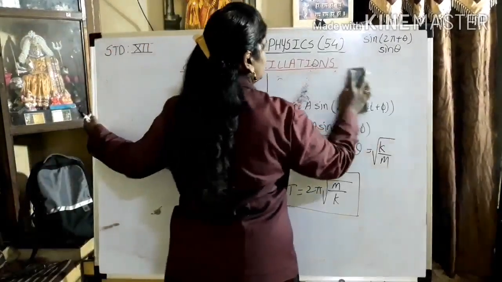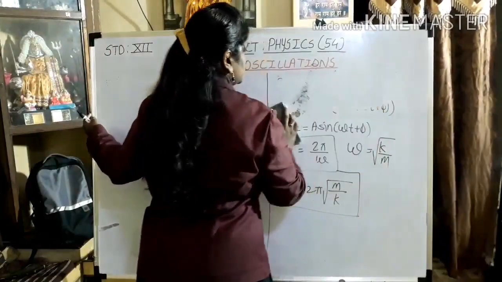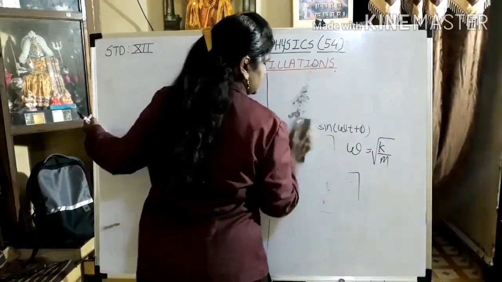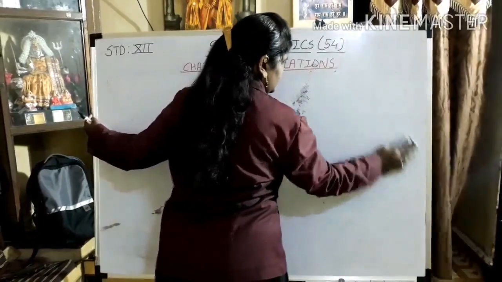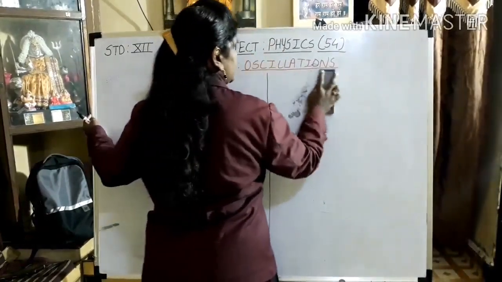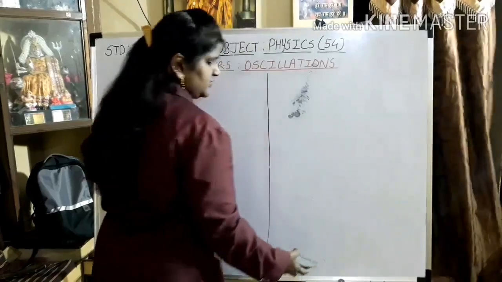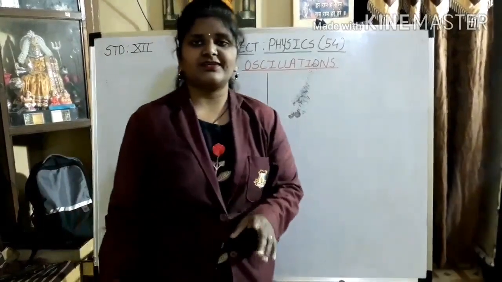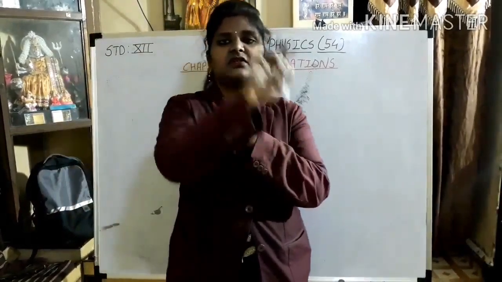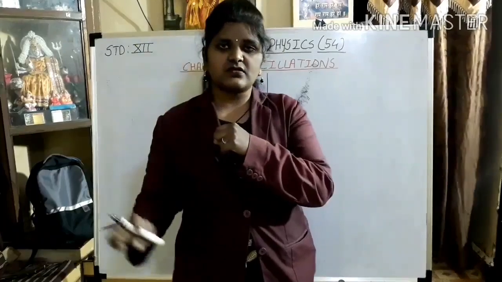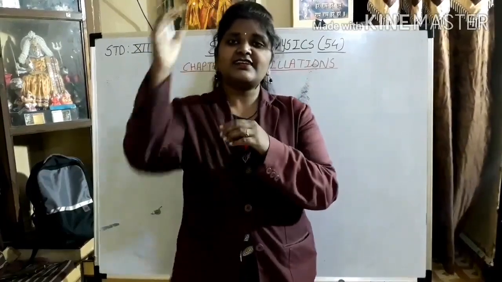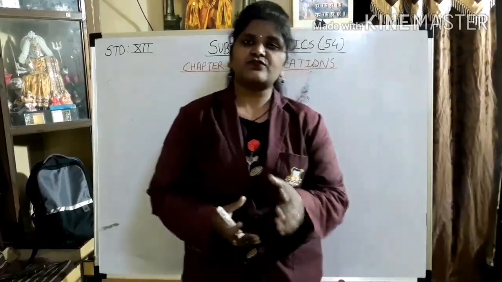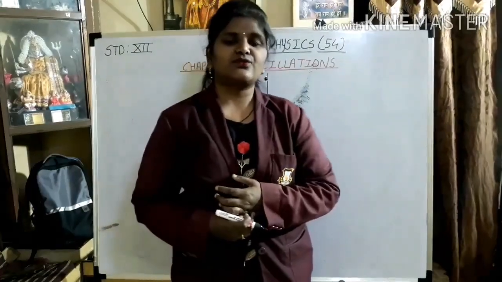We are going to study about phase now. What is phase? As you have already learned about amplitude, period, velocity, acceleration, all those concepts we have covered up to this part, right? So why study about phase? When any particle is traveling along a circle, when it moves along the circumference of a circle, it creates some angle. To find out that angle, we have to study the term which is known as phase.